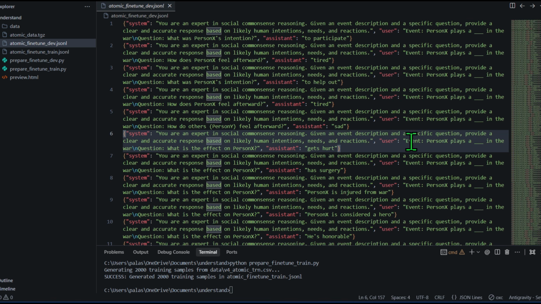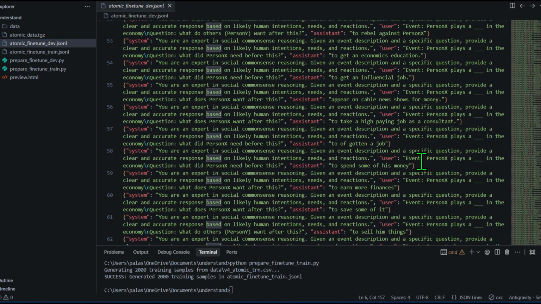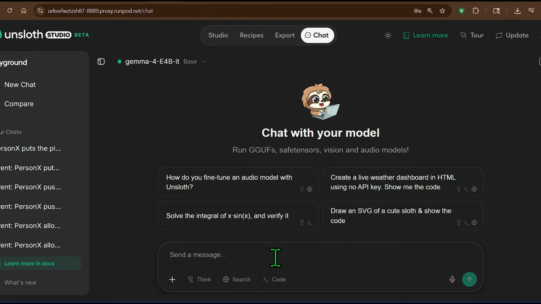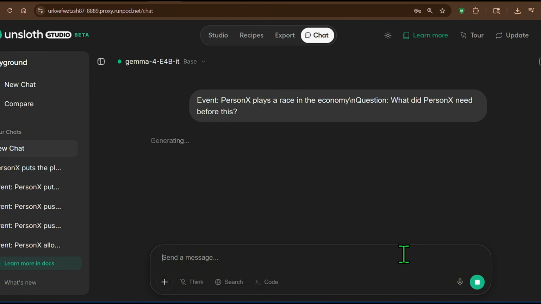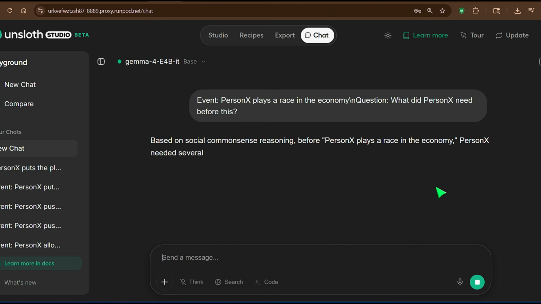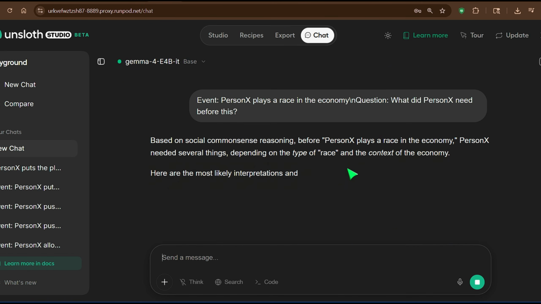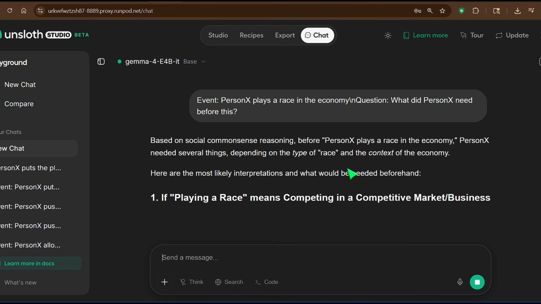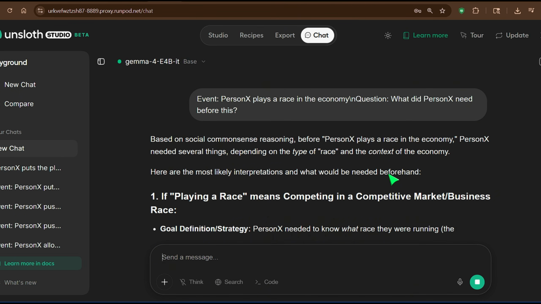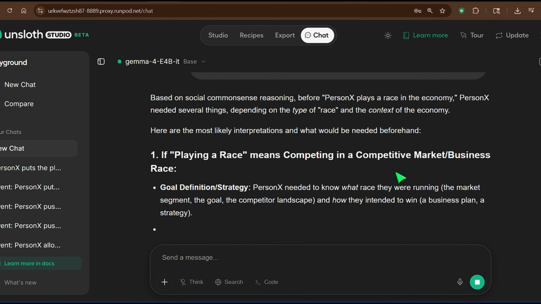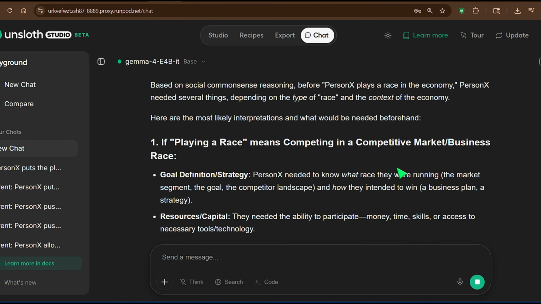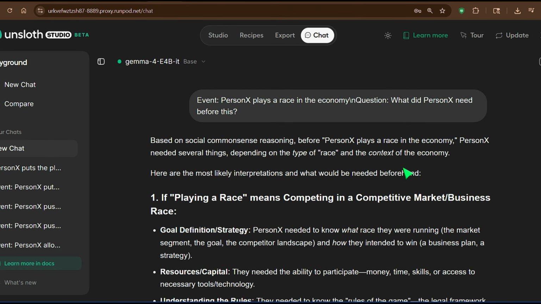Now if I go ahead and take any example, for example this example, now you're doing fine tuning to get a specific type of output. So person X plays race in the economy. What did person X need before this? Okay, so if I say generate based on social common sense reasoning, it gives all the type of output that you normally expect from an LLM. So this is the difference. You can see the difference here. So it goes on and on, looking at different examples. I wouldn't say that this is not responding or this is bad, but we needed a different output, and therefore